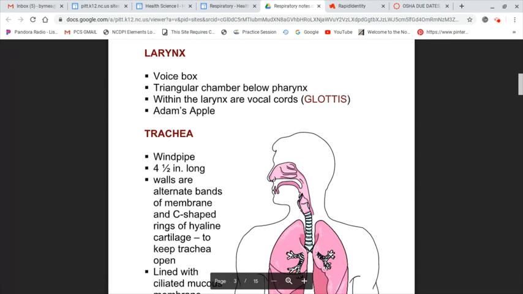Now we're going to go to our larynx. Your larynx is your voice box. See right here,